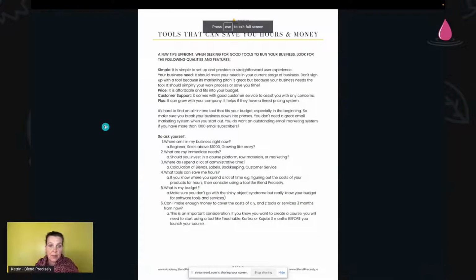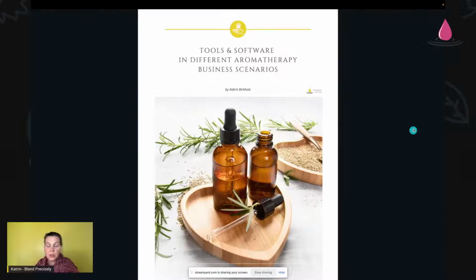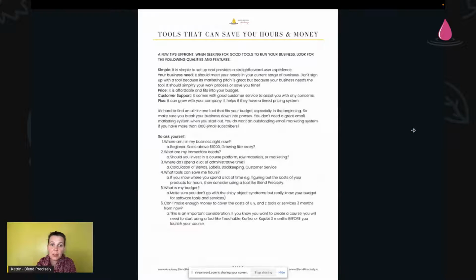So basically, just quickly, what we want to look out for is when you start looking for any kind of tools, you want to make sure that they are simple to use. You want not to have more headaches than you have already with running a business. You also want to make sure that they actually fulfill your current business needs. We all go through phases of our business.